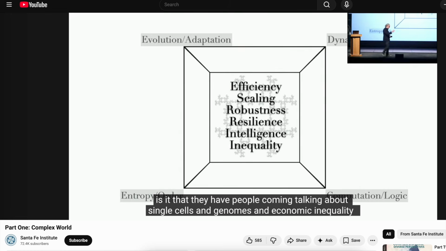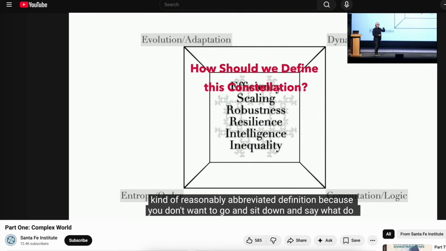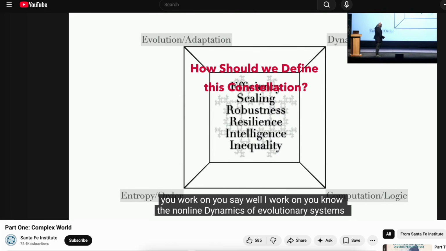You know, how is it that they have people coming talking about single cells and genomes and economic inequality and machine learning? What is going on? What's going on is that those are the right concepts to deploy when you're working on problem-solving matter. Because you don't want to go and sit down and say, what do you work on? You say, well, I work on the non-linear dynamics of evolutionary systems using non-equilibrium statistical mechanics and the